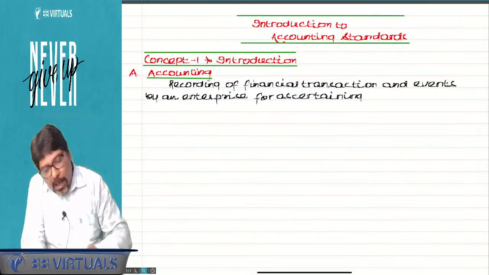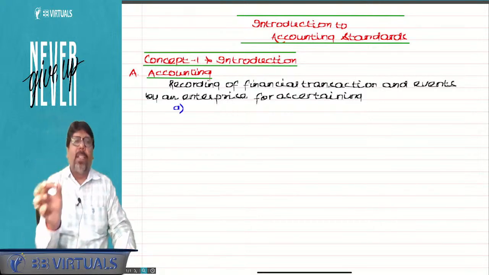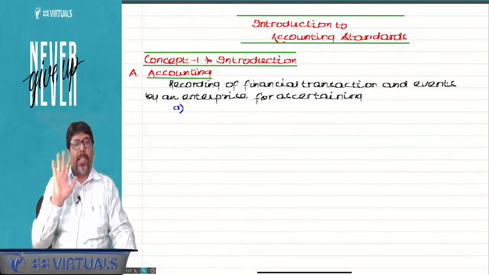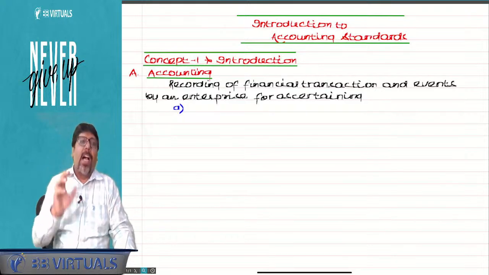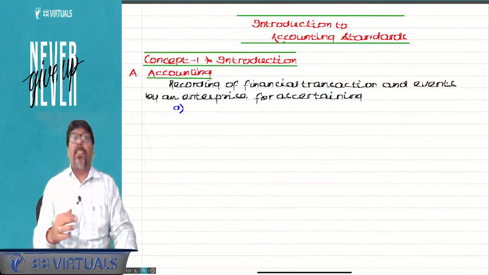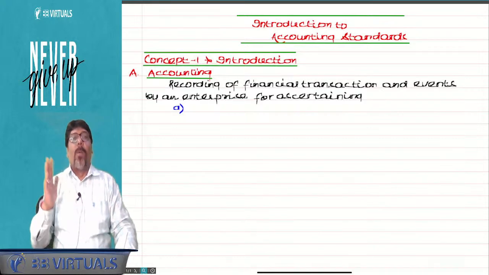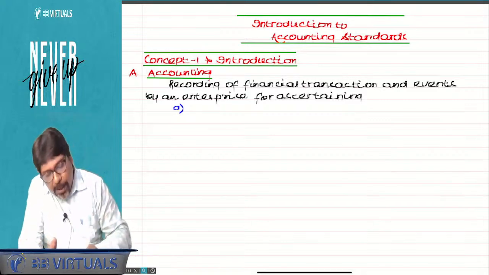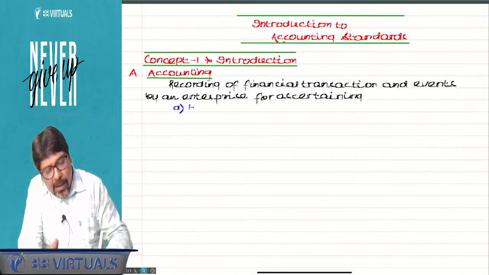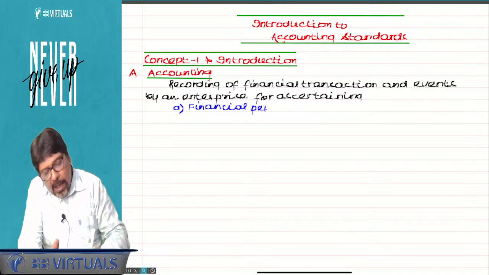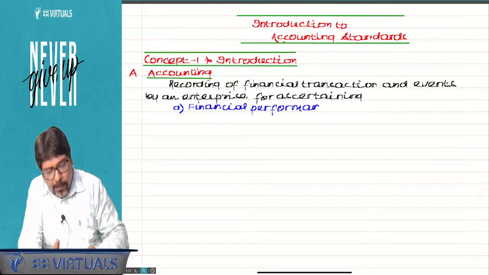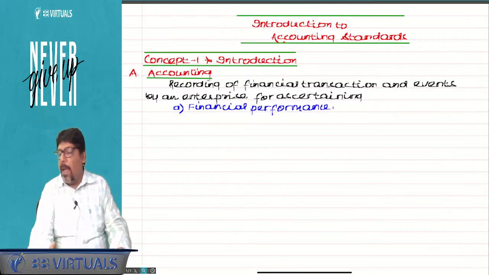What? How much did you earn? Not good English. How much did you earn? That is correct. But how much did you earn in good English is known as to find out the financial performance. How much did you earn in good English is what is your financial performance? Am I clear? So for ascertaining your financial performance. Correct, incorrect? Correct. Performance. Am I clear, chartered?